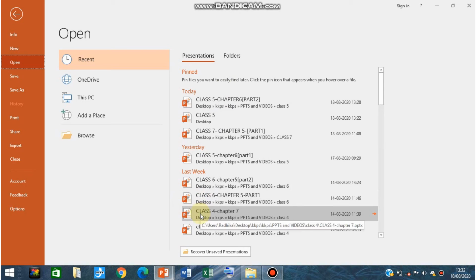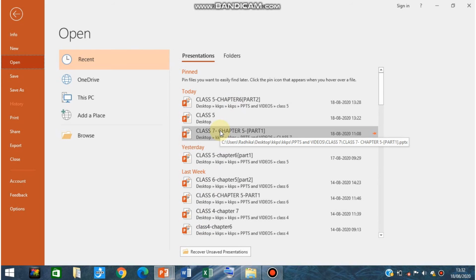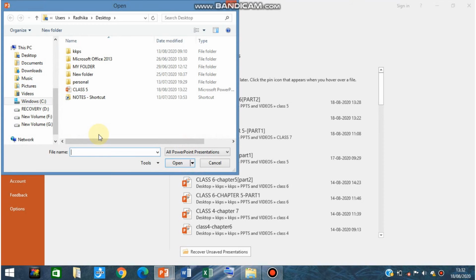If you are seeing the required presentation here that you want to open, you can click on that. Otherwise, if you don't find your required presentation, you can click on the browse option. Click on the browse option, and wherever your presentation is saved, you can choose it, and then you have to click on open.